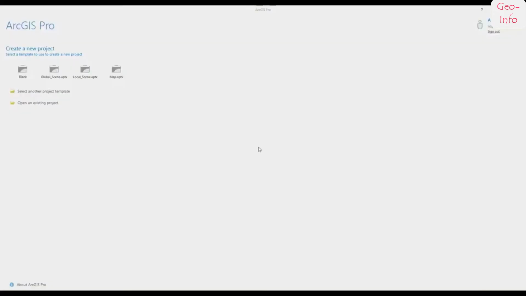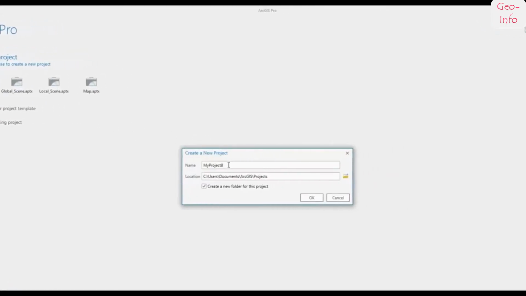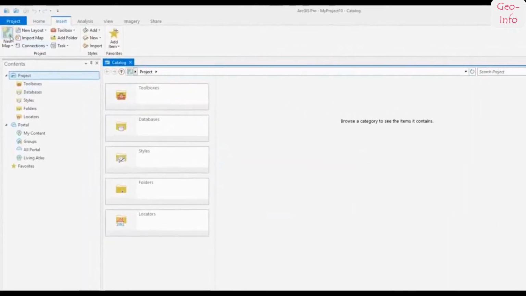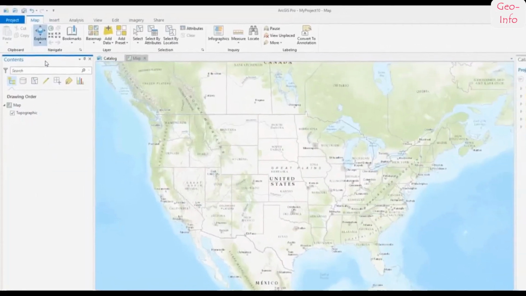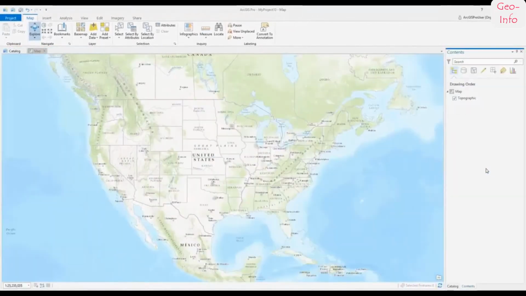A project in ArcGIS Pro is a container for your maps, 3D scenes, data, and other resources needed to answer spatially related questions. In this Create a Project tutorial, you will create a new blank project, insert a map that will appear in the Map View and Contents pane, move the Contents pane by dragging it to a docking target,